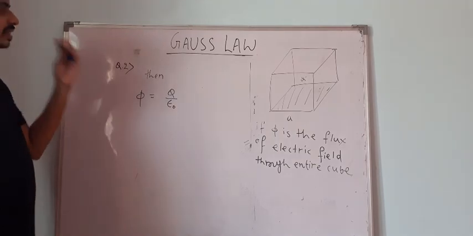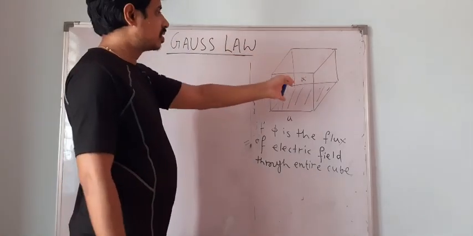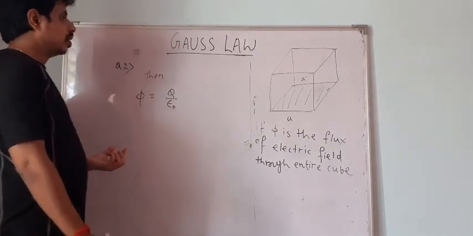From the Gauss law, we can say that the flux through the entire cube surface is Q by epsilon naught, and